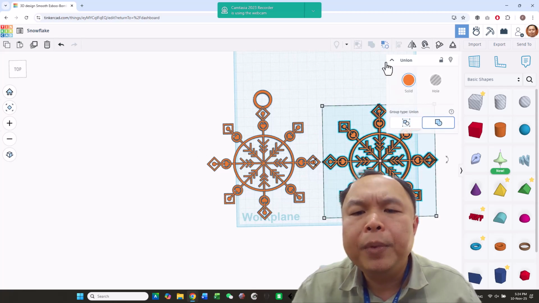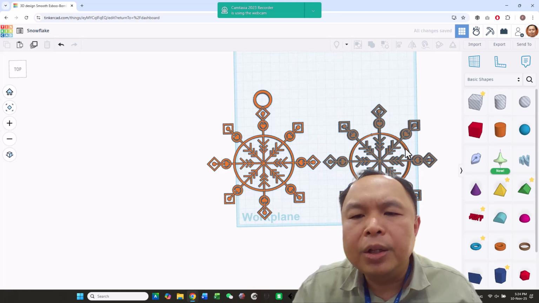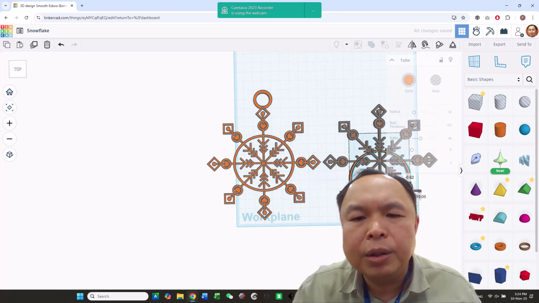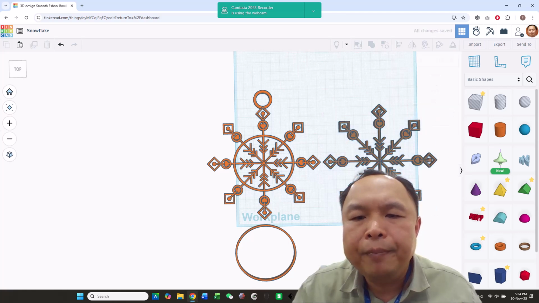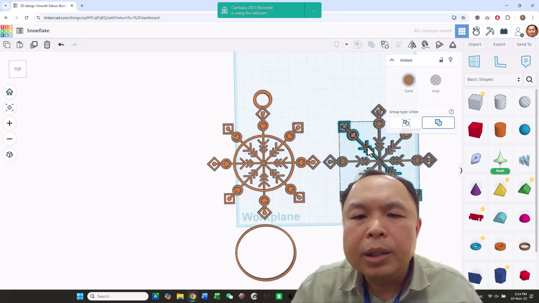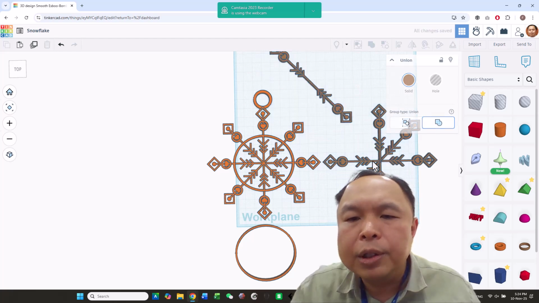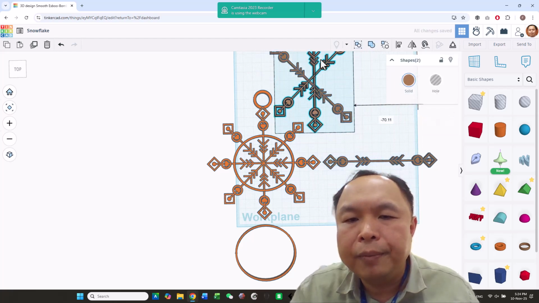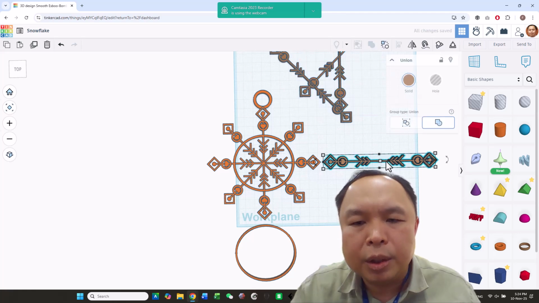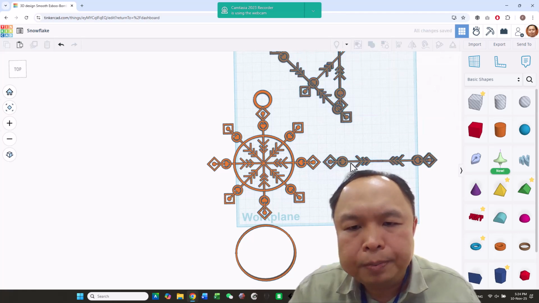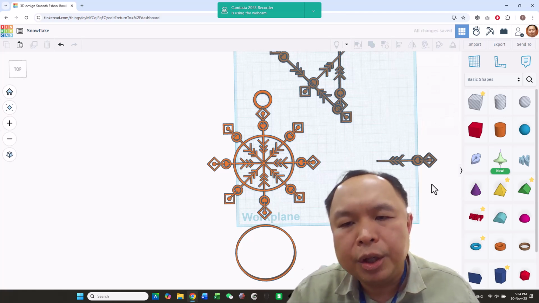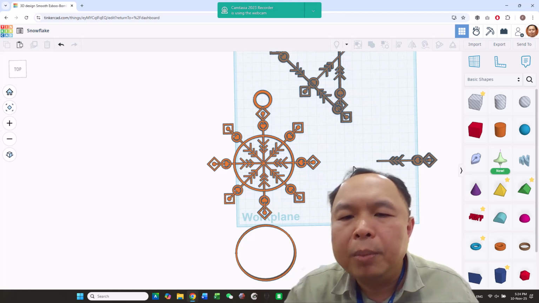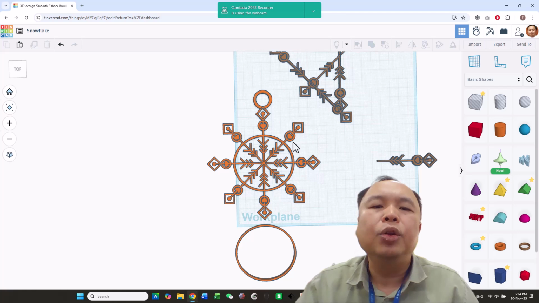For example, after you are done with this, you may want to make changes. Take away this one. We want to make changes on this. Fine, let's ungroup. Let's take out, which one to take out? Of course, this one to take out, not this one. We need to make changes on this one, so I ungroup this, delete, and then we can continue making changes on this one until we are happy. Then we duplicate, merge it, duplicate and turn to make the complete